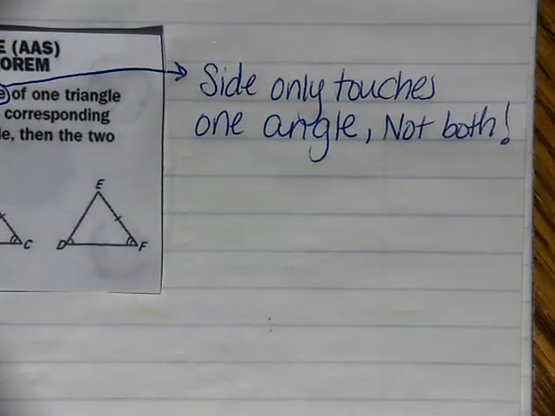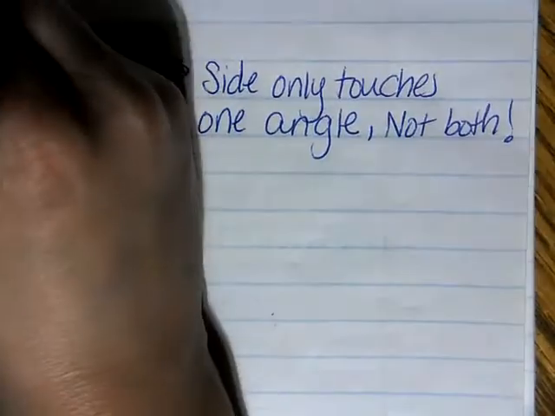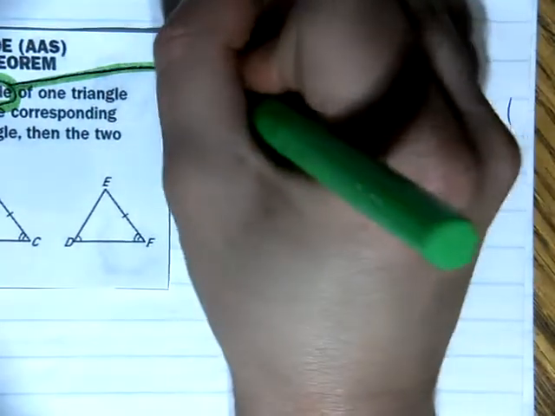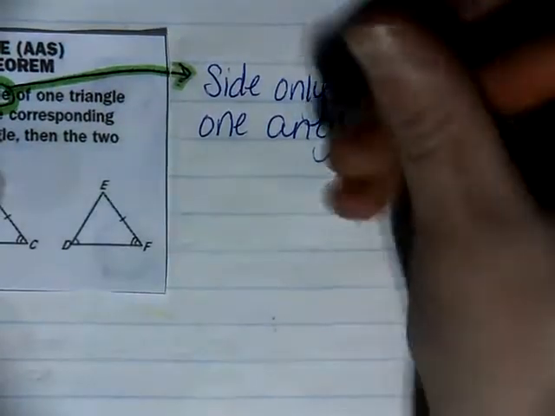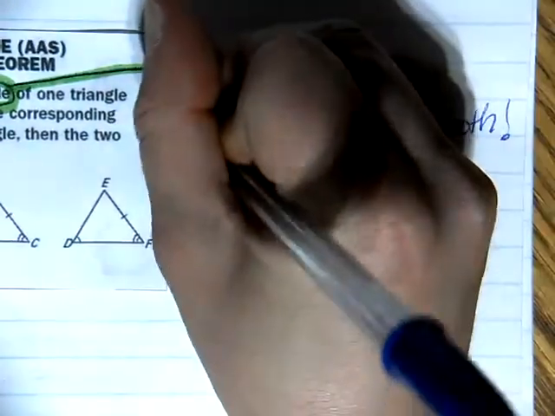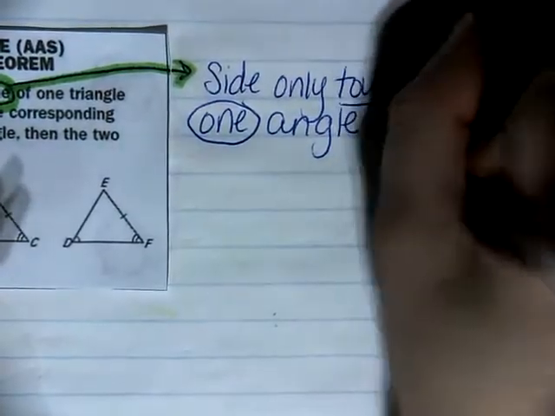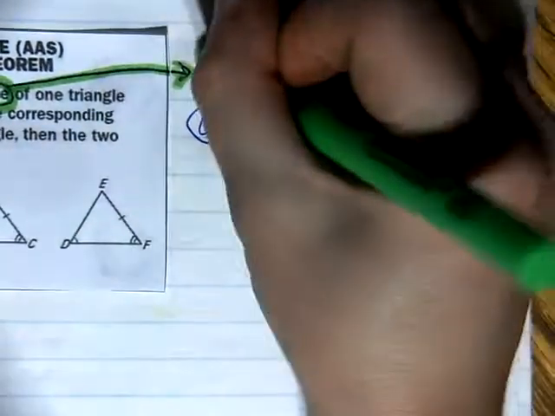So if you notice two angles and a non-included side, our non-included side only touches one angle, not both. If you see that,